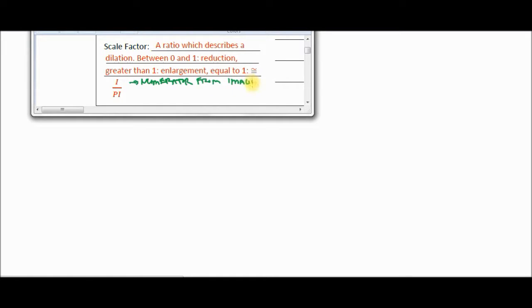Remember, the image is our copy. The denominator comes from the corresponding